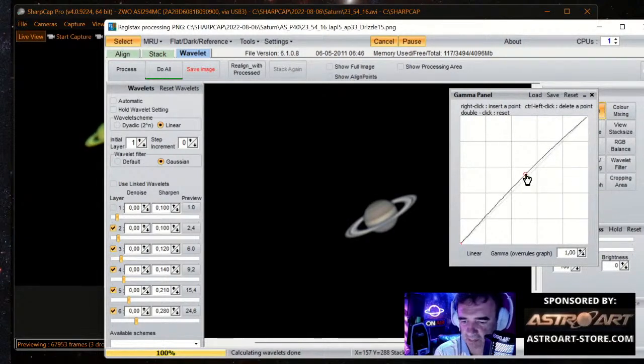The gamma, we can play with this. This is a matter of personal preference. I may do one way and you prefer brighter or something. I like this, not so bright, and with the colors of the bands.